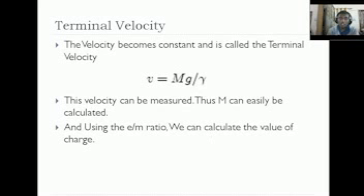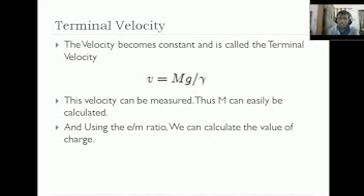Now this velocity is easily measurable using a telescope or the window that we have, or using a normal speedometer or different types of equipment. So using this we find out the velocity, and thus we know the values of g and gamma, because they are both constants, and gamma is constant for air. So now we have v is equal to mg by gamma, and using this we can find the mass. Using the J.J. Thomson experiment, the e by m ratio was found to be 1.602 into 10 raised to the power minus 31 coulomb per kg, and using this we can find the charge on that particle.